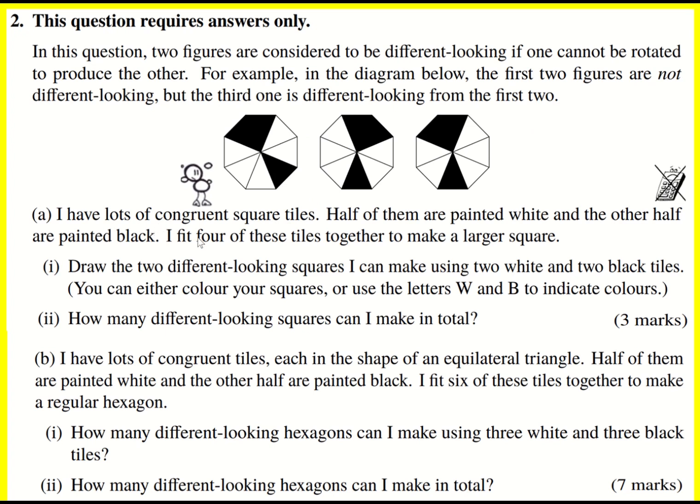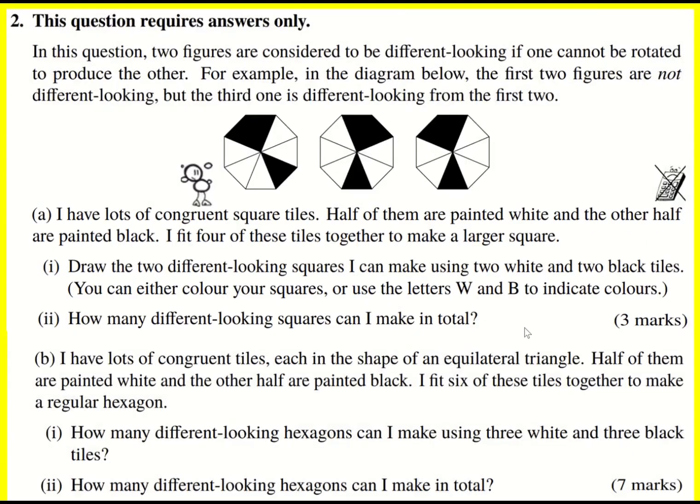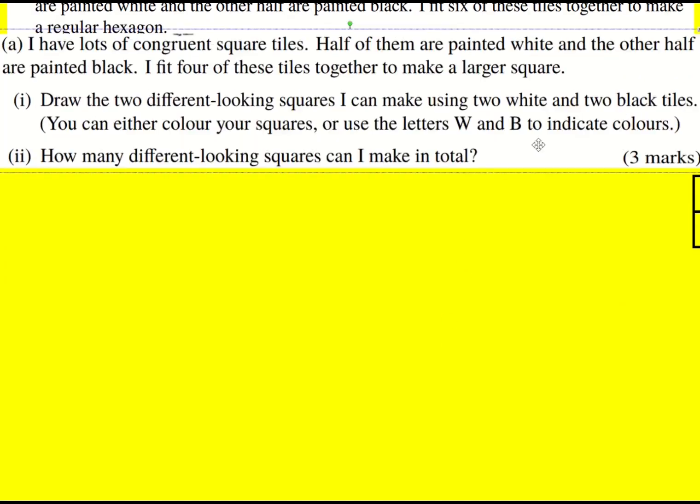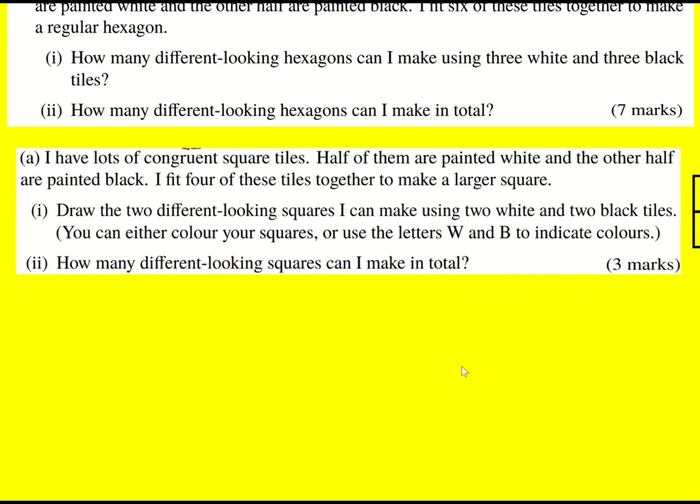And then we're told we have lots of congruent square tiles. Half of them are painted white and the other half are painted black. And we're going to fit 4 of them together to make a larger square. Let me just bring this question down. Okay, and let's have a go at it. So first of all,